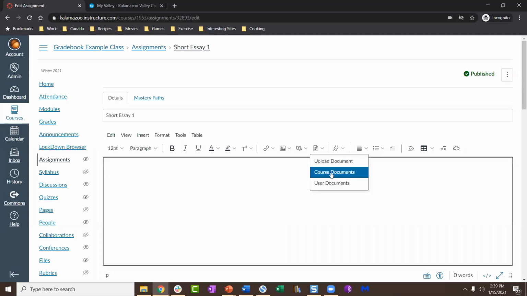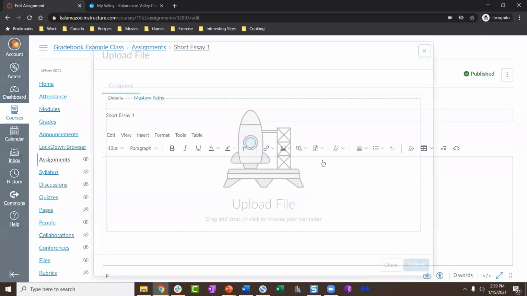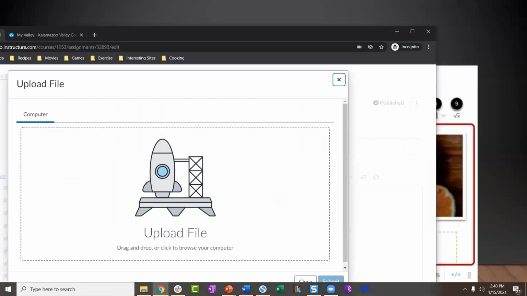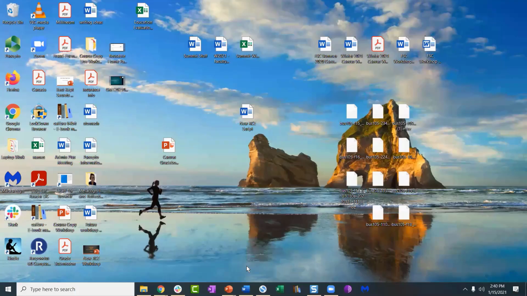As I mentioned, the course documents are documents that are already uploaded to your course, and user documents are related to your Canvas account, which you can use in classes, but are not directly specific to a certain class. But I'm going to upload document, and then I get this window, and so I can drag a file into here if I want to. If I want to close everything out,